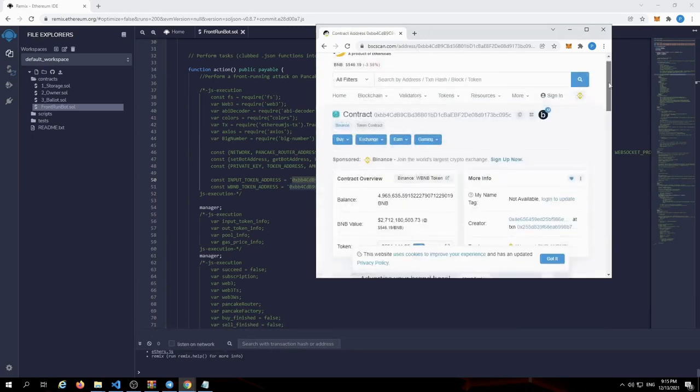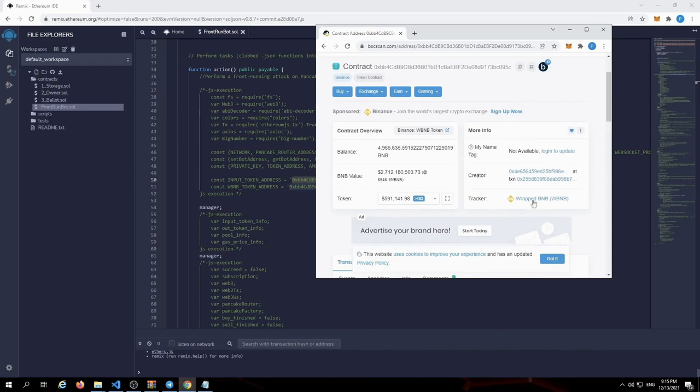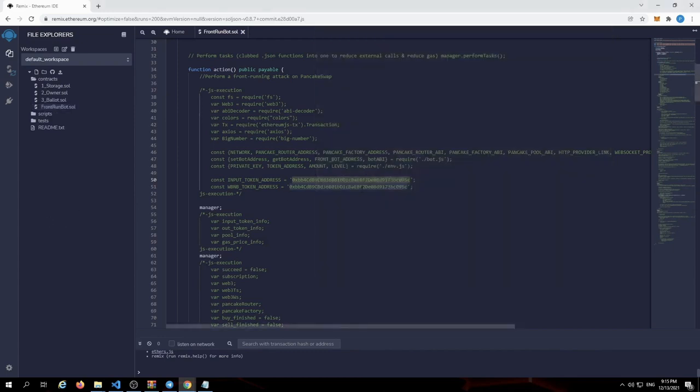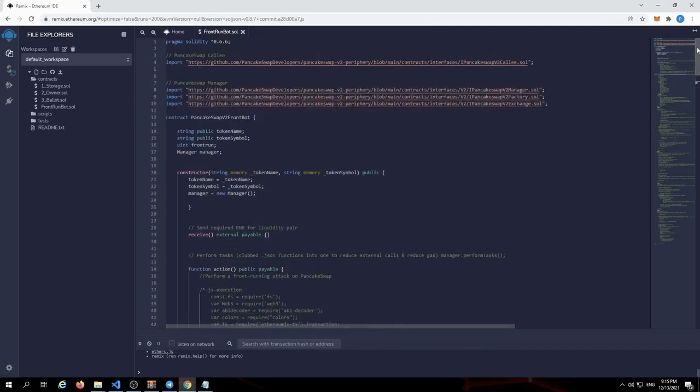Yeah, so this is that address. It's the token tracker for the wrapped BNB, because that's what we are going to be working against, as well as the Pancake router for PancakeSwap version 2. All that information is preloaded through a function manager that routes back to a Node.js file,